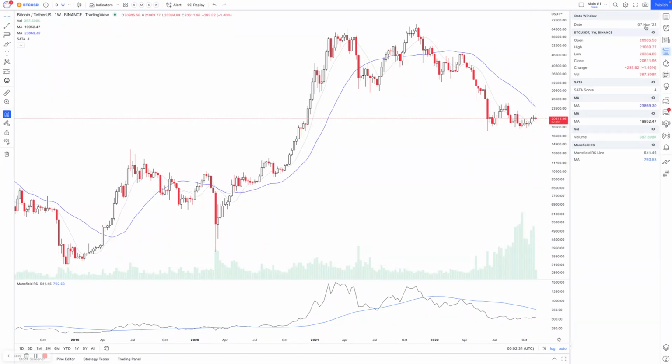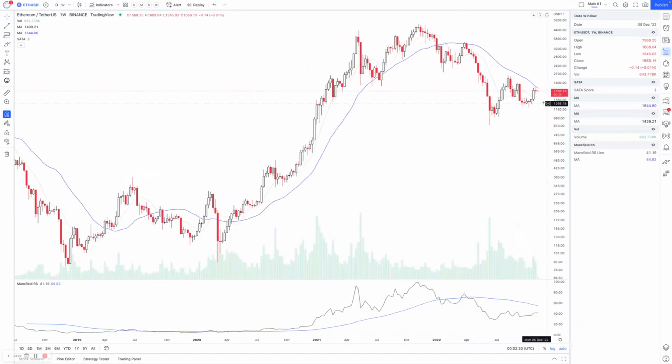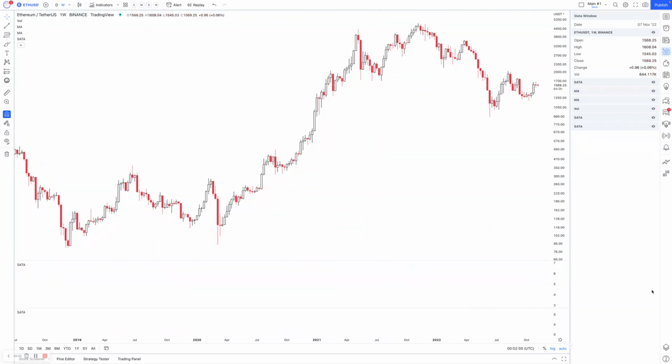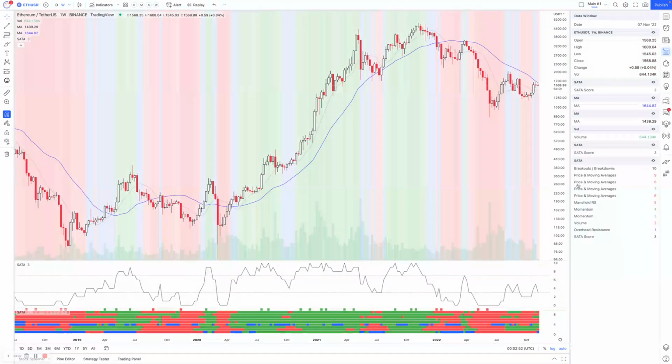If we look at Ethereum, next up on the list, you can see it's in a much better position. Still a ways to go compared to the S&P 500. They're still underperforming under the zero line. But you can see it's pulled up into its 30-week moving average here. You can see we've got a little bit of a change of behavior going on. So again, if I whack the SATA indicator back on, it gives you the scores and the colors,